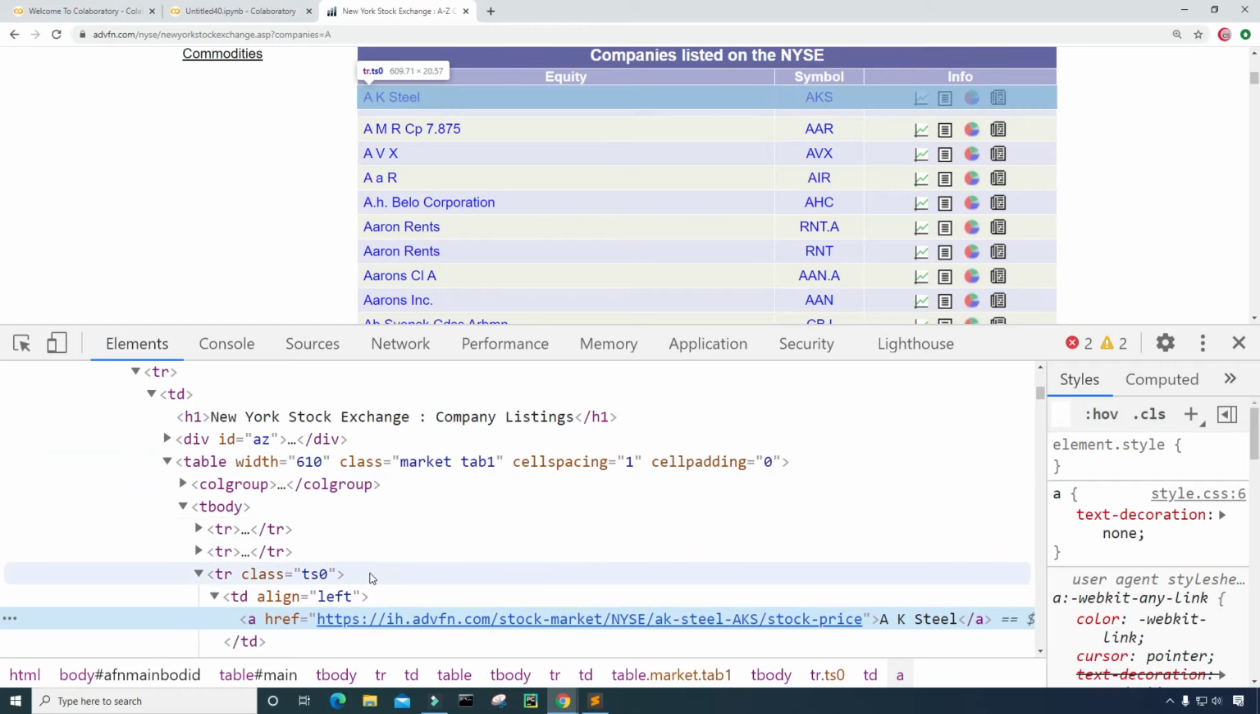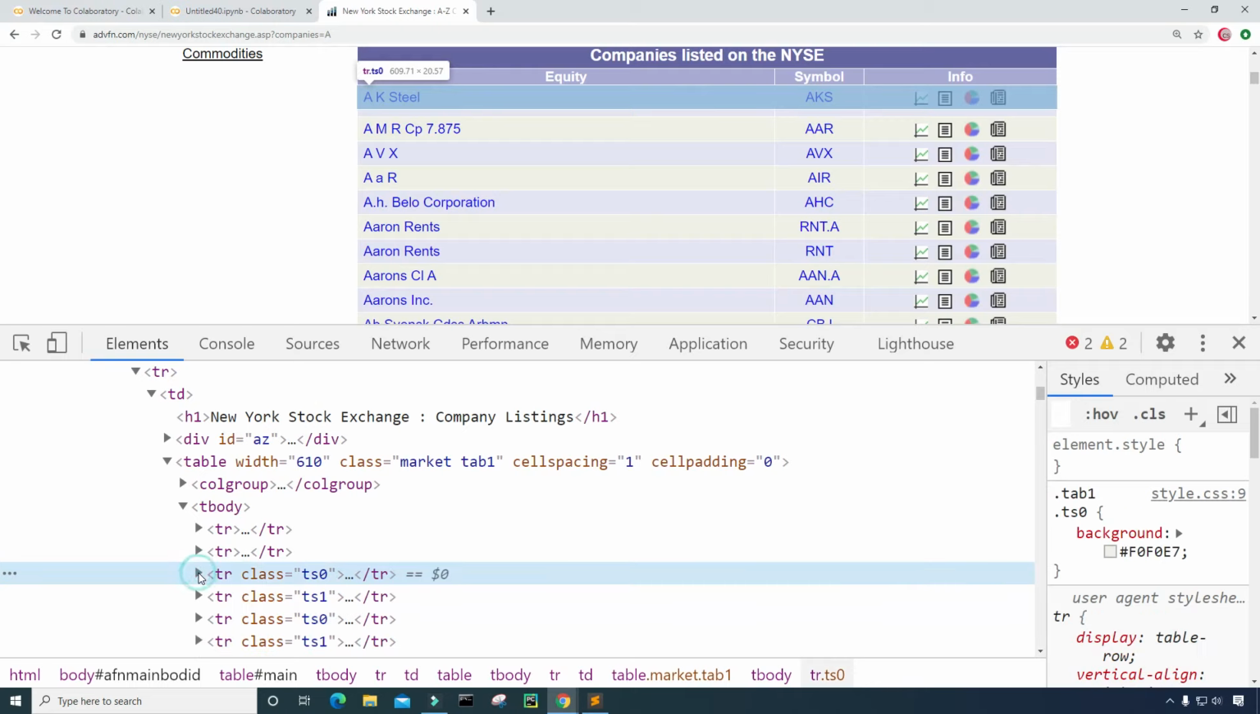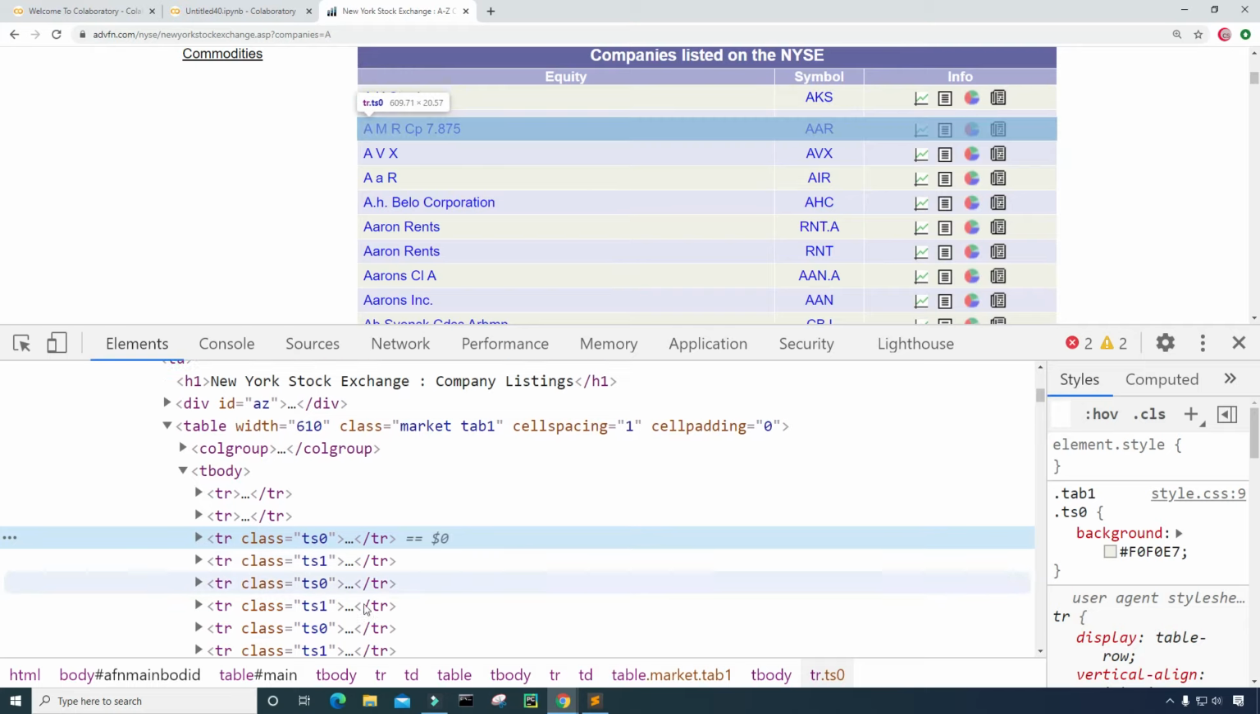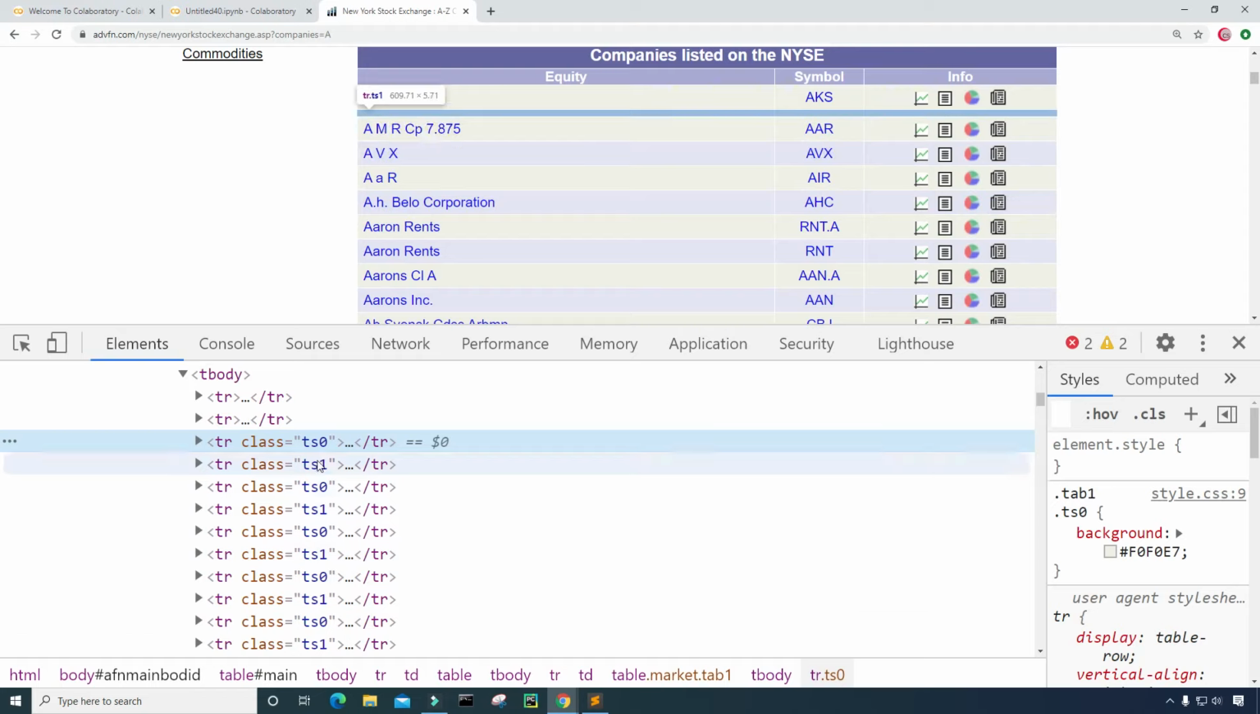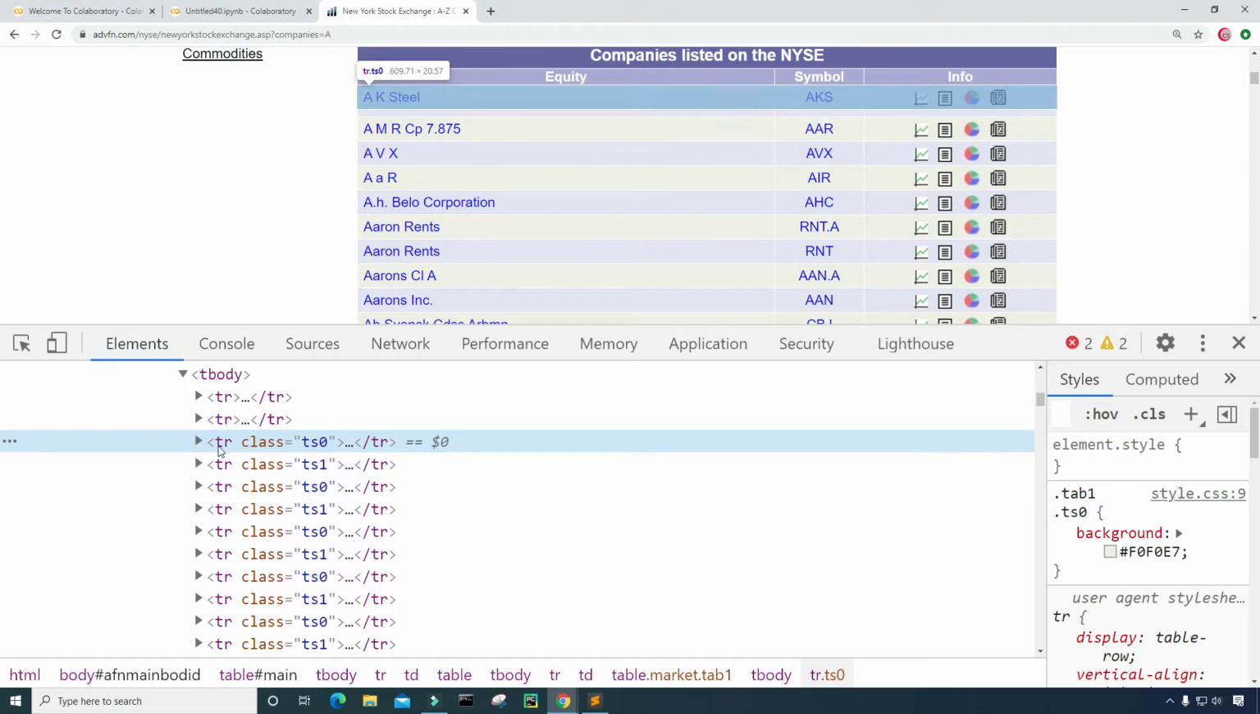So here we're hovering over one row. Let me just back up a little bit. And now you can see I'm hovering over all of the different rows. Okay, so these are the rows that we're interested in, and that means that we're interested in this tag, which